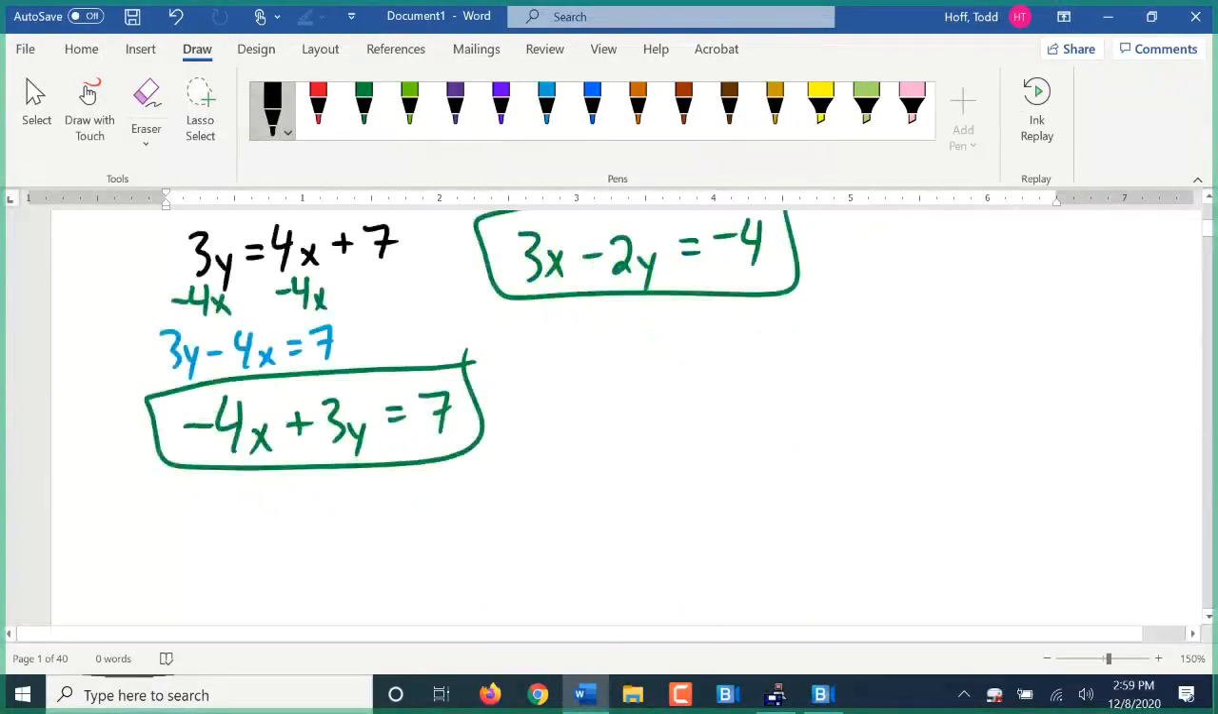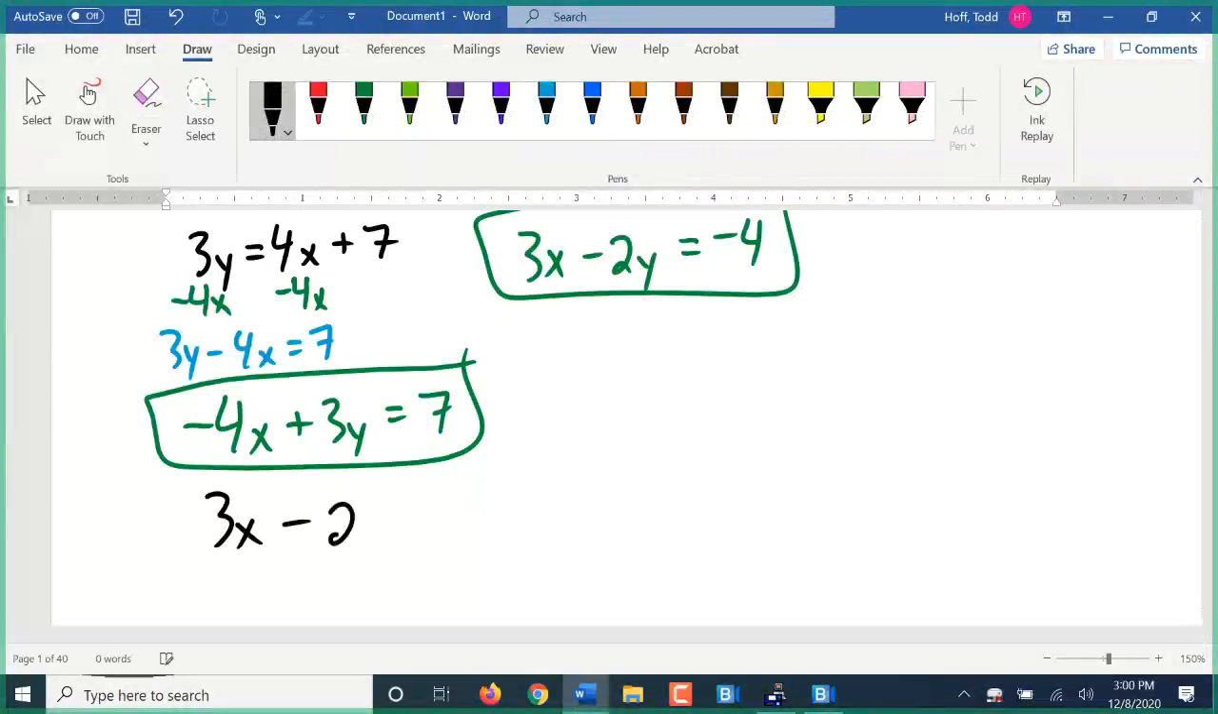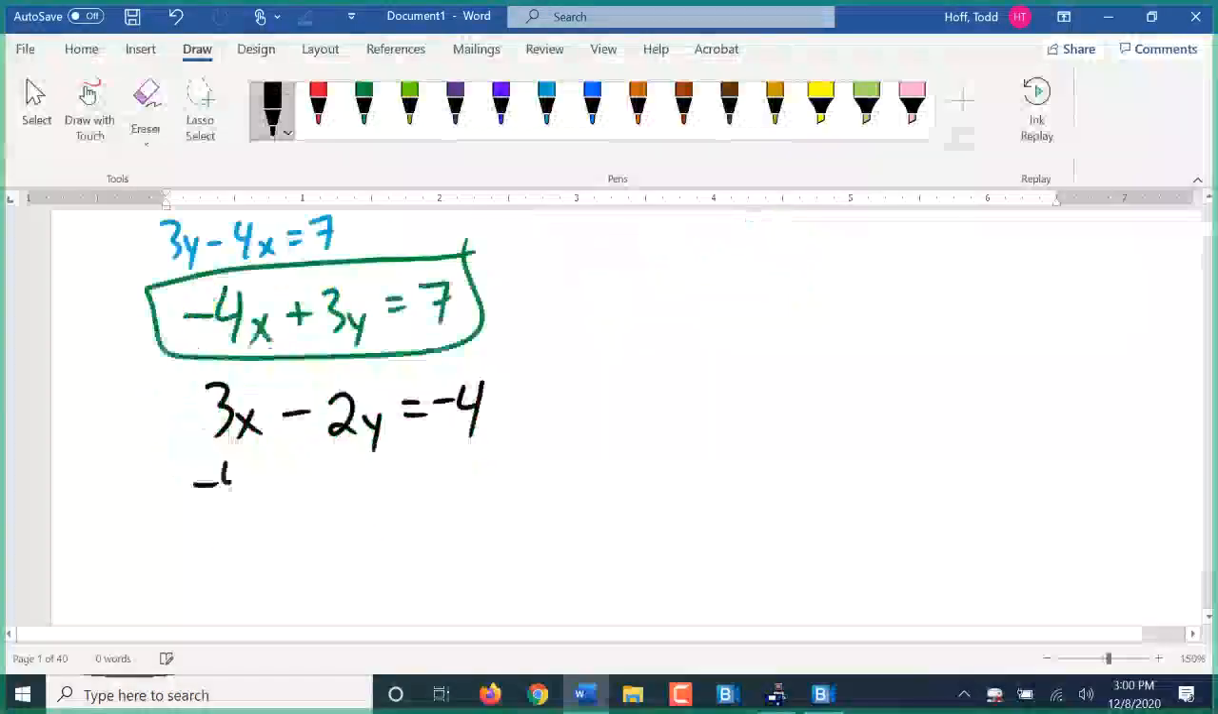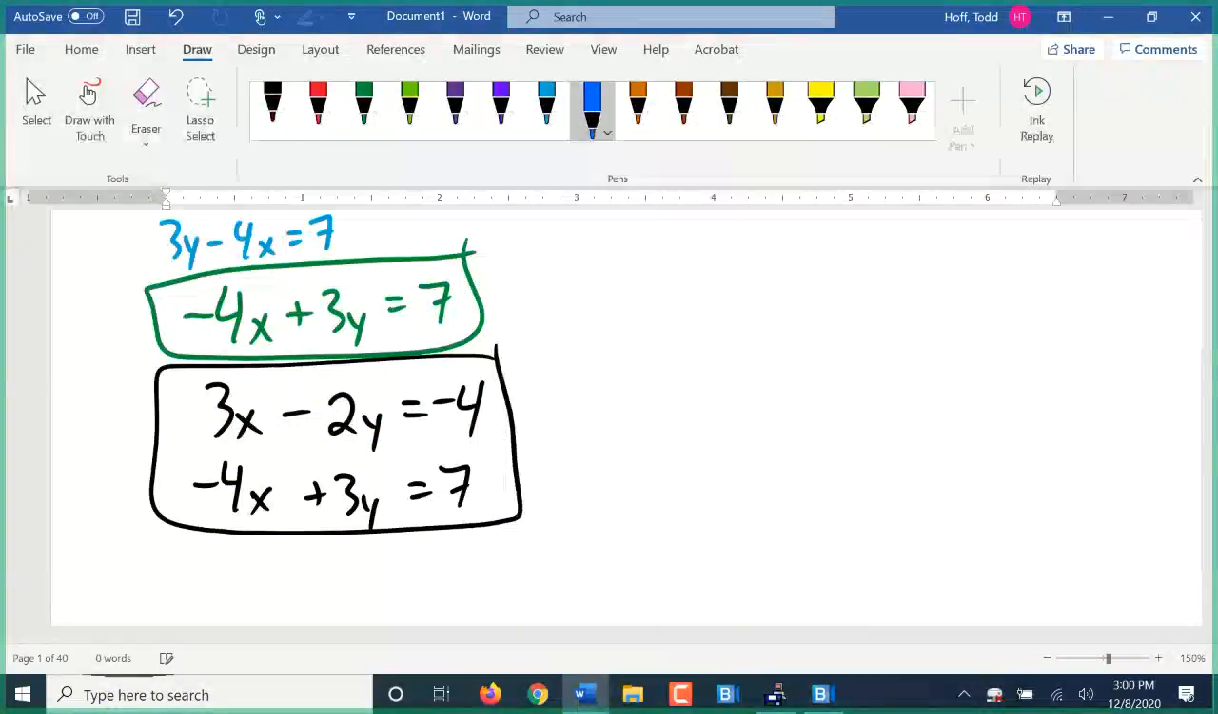So the system we're really solving here is 3x minus 2y equals negative 4, and negative 4x plus 3y equals 7. So our base matrix, x and y coefficients. For x, we have 3 and negative 4. For y, we have negative 2 and 3. We'll find our